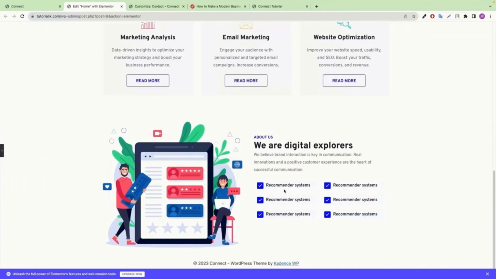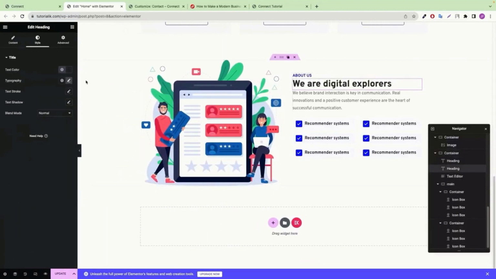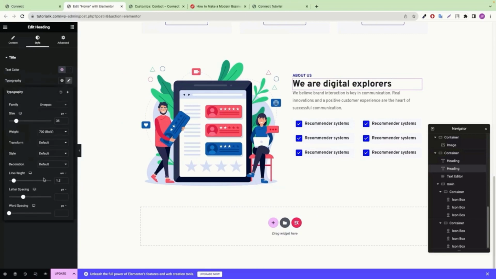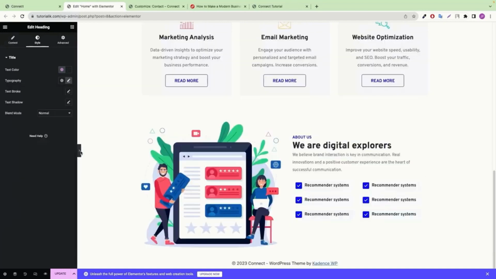So this portion looks very clear, but I think we need to add a little bit of line height on this We Digital Explorer. I think then it will be fixed. So let's click on We Digital Explorer, click on typography, and go to this line height. For here I'd like to go with pixels, and let's say 42 pixels in here, but